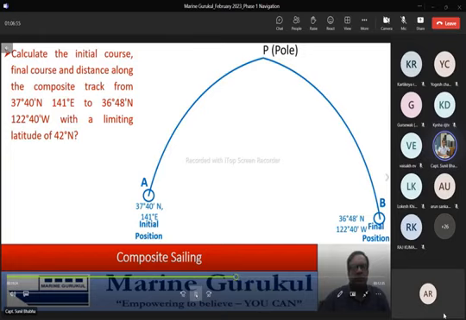But in this case, we have a limiting latitude of 42 degrees north. So we draw the limiting latitude, as you can see in the diagram, 42 degrees north. Now we draw an arc of great circle passing through A with